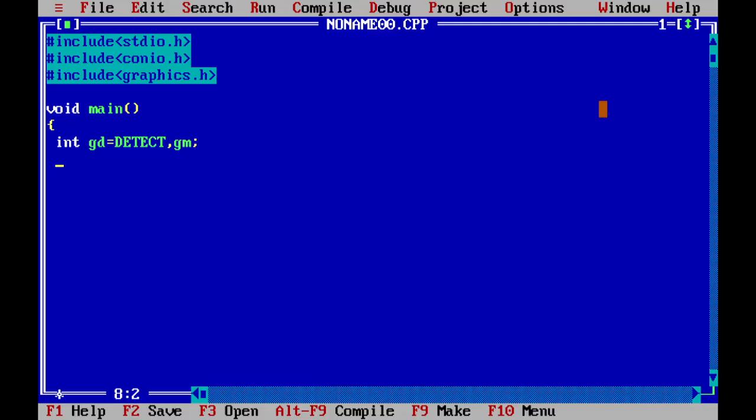Now in this program, we are drawing a three-dimensional object. So for drawing a three-dimensional object, we will use the bar3d function and we will draw a three-dimensional cube. For drawing the three-dimensional cube, we will require the x and y coordinate of the top left corner, and the x and y coordinate of the bottom right corner of the cube. So for that, we will take variables x1, y1, x2, y2,